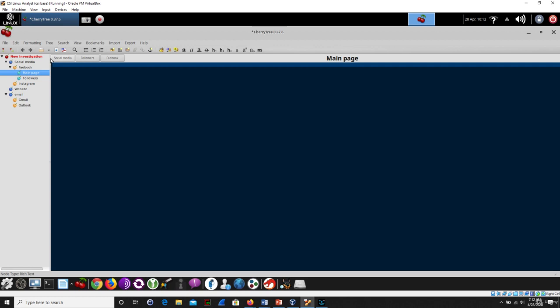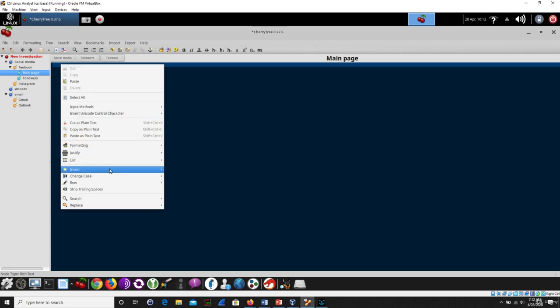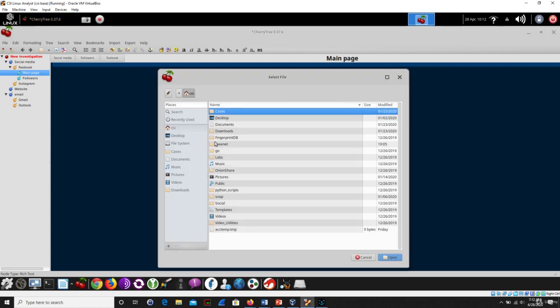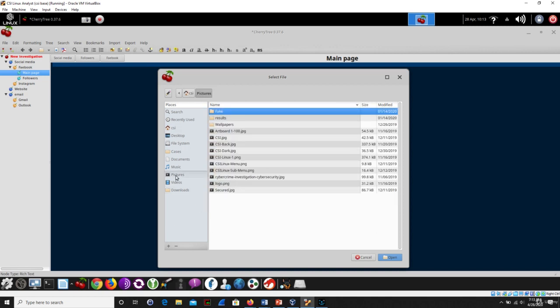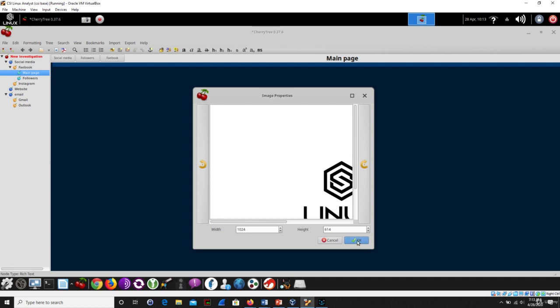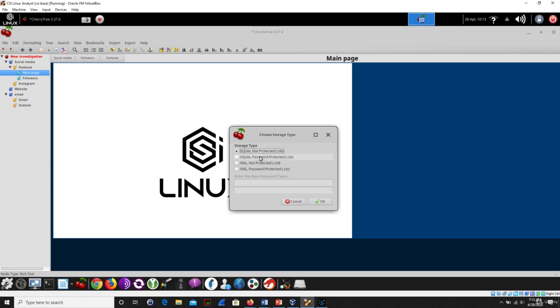Again, let's import a file in here. Let's see if this has a file for us to put in here by default. So we're going to insert an image here, and let's take a look at what's in our CSI downloads. There is nothing there. Pictures. Here we go. So let's take this picture, and you could resize it, height, width. I'm just going to leave it default, so I'm going to paste that in there. So say we found this on their Facebook page. We paste in the image that we found in here,